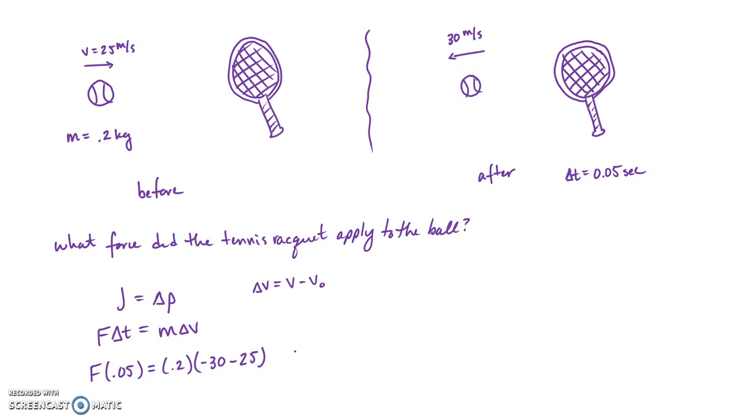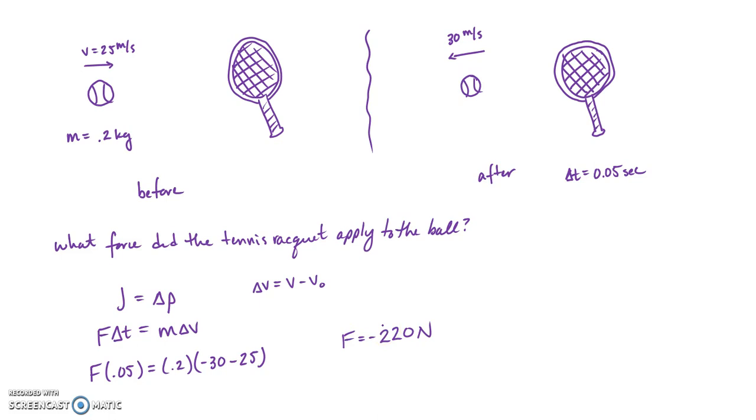So now if you look, this is just an algebra problem. So when I do all my math, I'm going to get a force equal to negative 220 newtons. Now I know that normally when we do forces we don't have the negative sign, but notice I did not draw a force diagram for this. So I don't know which way the force is pointing going into this. And the fact that I have a negative here is telling me that this is a force that's applied to